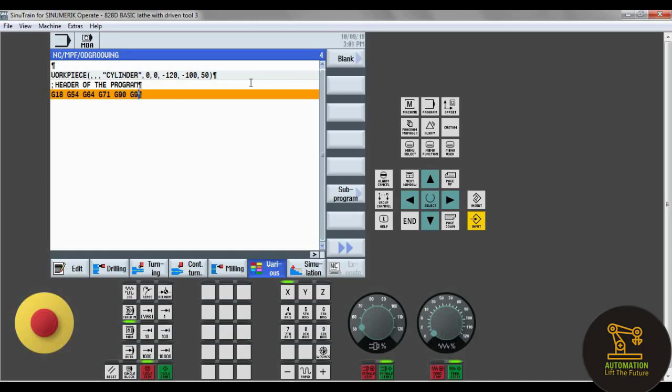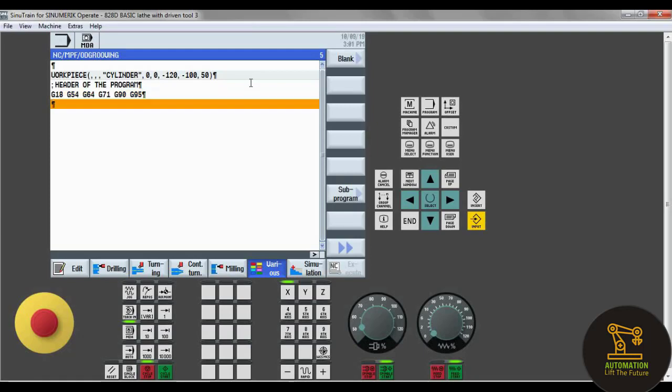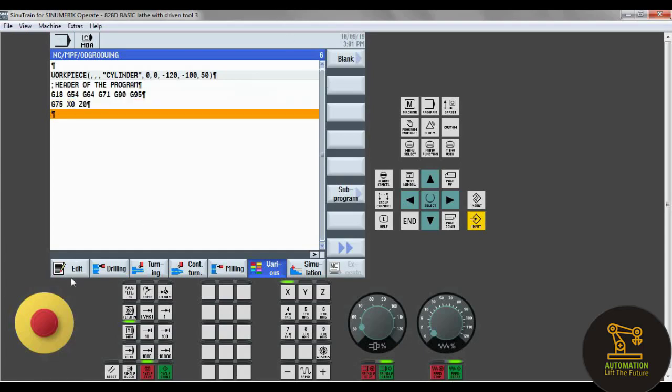These are all the safety codes. And next we have to send the tool to the homing position. So we write G75 X0 Z0, and after the tool is in the homing position we have to take the required tool.